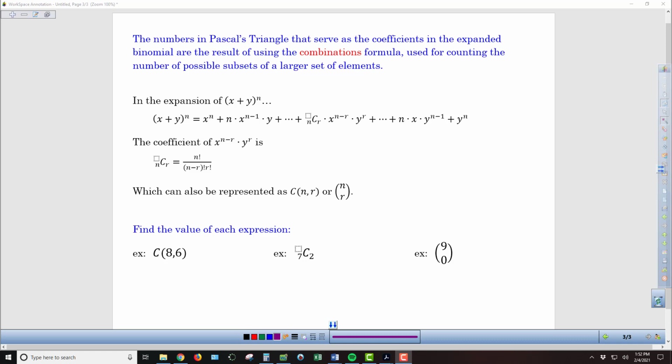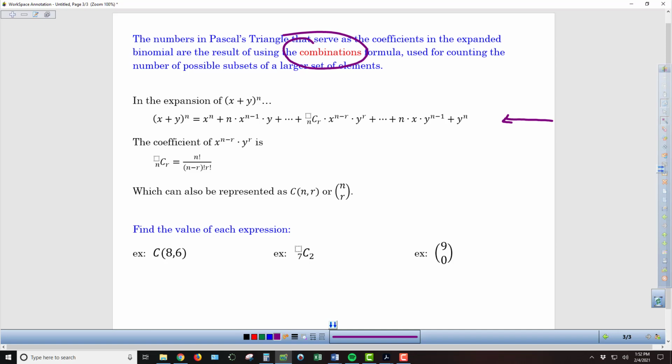It's worth noting that the numbers in Pascal's triangle don't just appear out of nowhere. Those numbers that serve as the coefficients in binomial expansion are the result of using the combinations formula, used for counting the number of possible subsets of a larger set of elements. And so if we have a very formal structure for binomial expansion, what we'll see is the x's